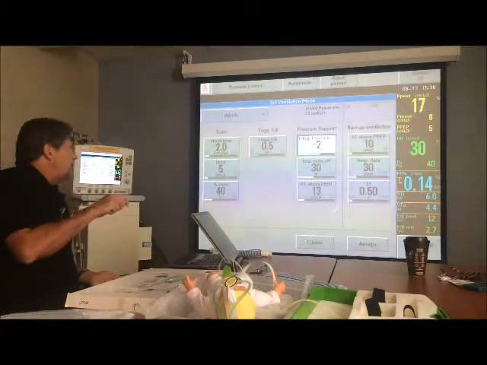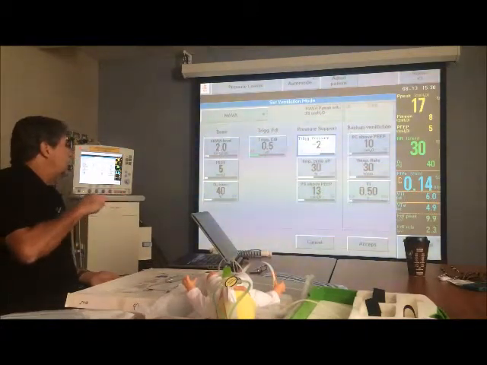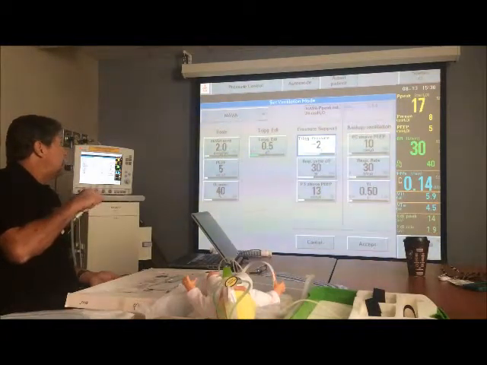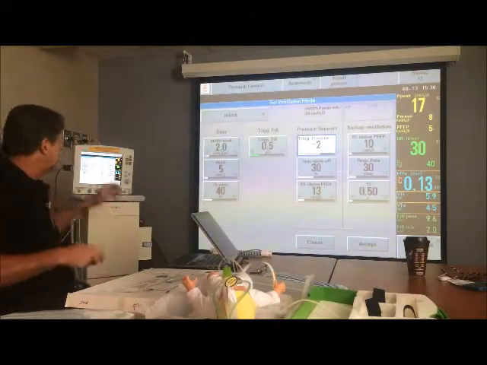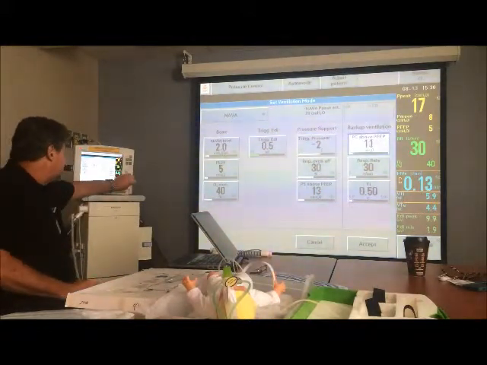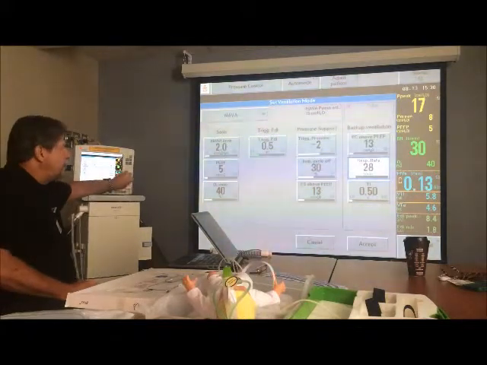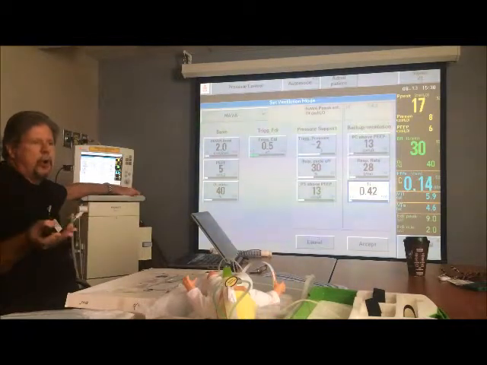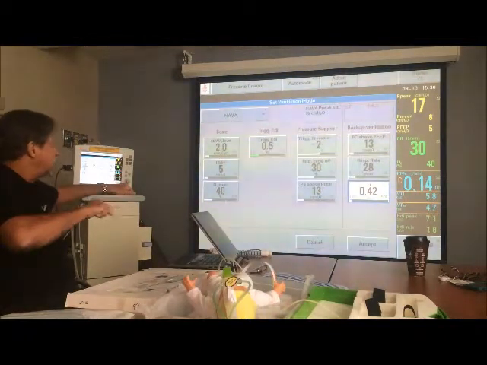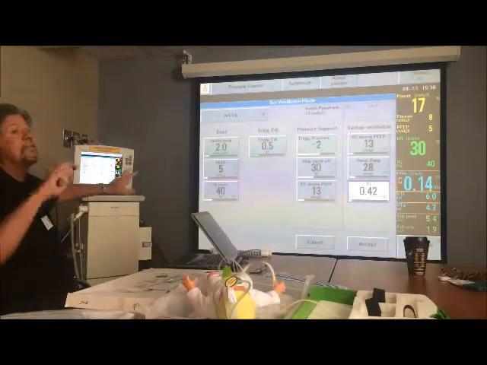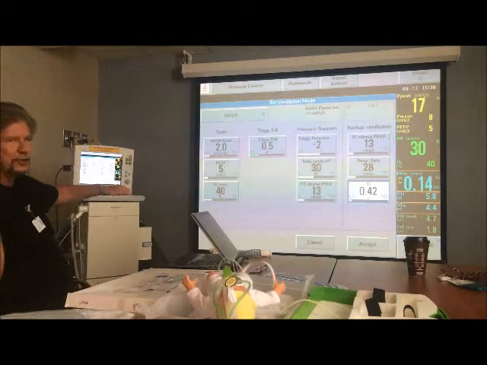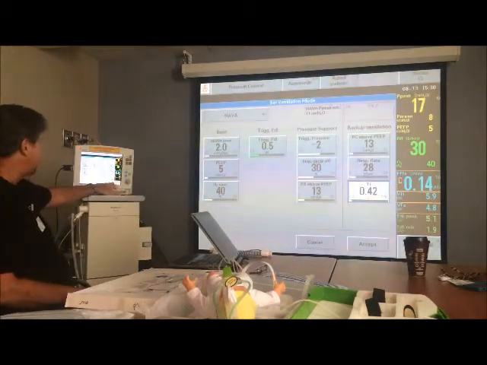Now, that's the way we set these. The next level is our backup. In the event that we're breathing, remember it's spontaneous, but there is an apnea, the ventilator will go to a pressure control of whatever you set. Let's say we set 13, at a rate of whatever you set, at an I time of whatever you set, just like the way backup pressure support works. And when he starts breathing again, he will go right back to NAVA, and he'll go back and forth, just like version 6.0 does on pressure support. That's what we've been upgrading your ventilators for. So once we set everything the way we want, we touch accept,